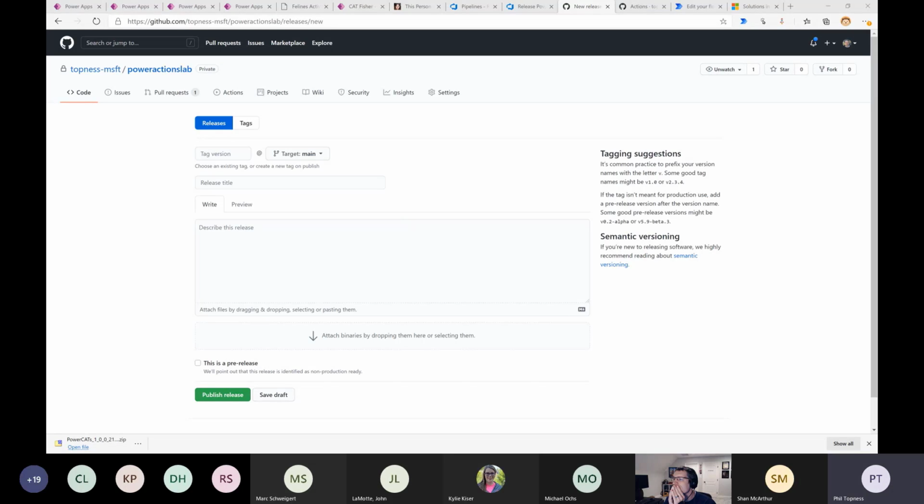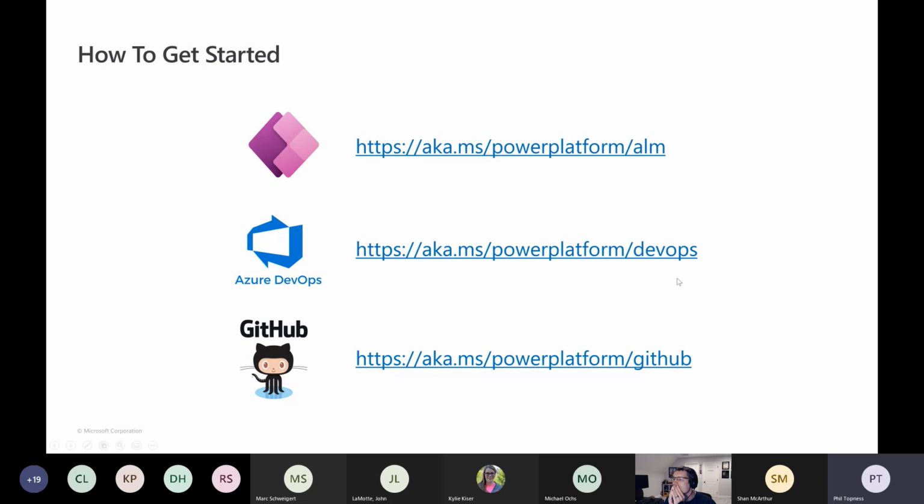So if you want to build some of this yourself, there are some really great labs for doing this. I'm just going to pop up the links here really quickly. So of course, you've got the page that Mark just showed, Power Platform/ALM. And then there are hands-on labs for both the DevOps tasks and the GitHub Actions at these two links. And so you could walk through and really get hands-on and build your own deployment from these.